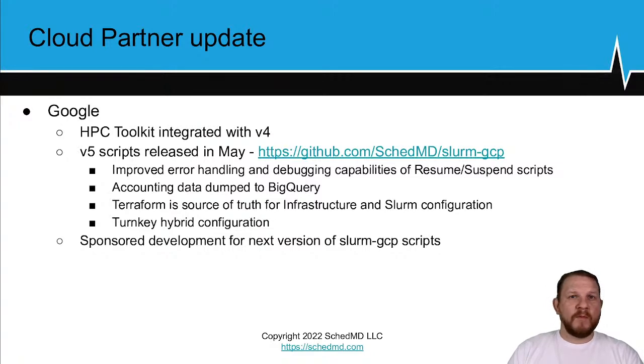The accounting data that we have in Slurm, the sacct data, is being dumped to BigQuery now. So you can take that data in BigQuery and do further analysis of it, marry it with data from the billing, and from there you'll be able to understand better how much jobs are costing you. We've also updated the Terraform to be more of the source of truth for the infrastructure and Slurm configuration,